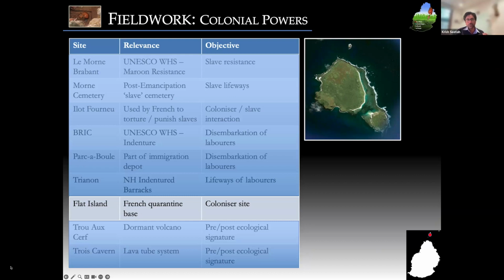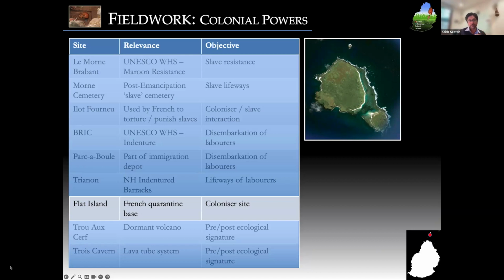And that wasn't really being well connected to the broader population, 98% of which are descendants of enslaved and indentured people. So our effort has been to look at enslavement and indenture, but we of course want to look at that within a much broader context. So we also do look at some